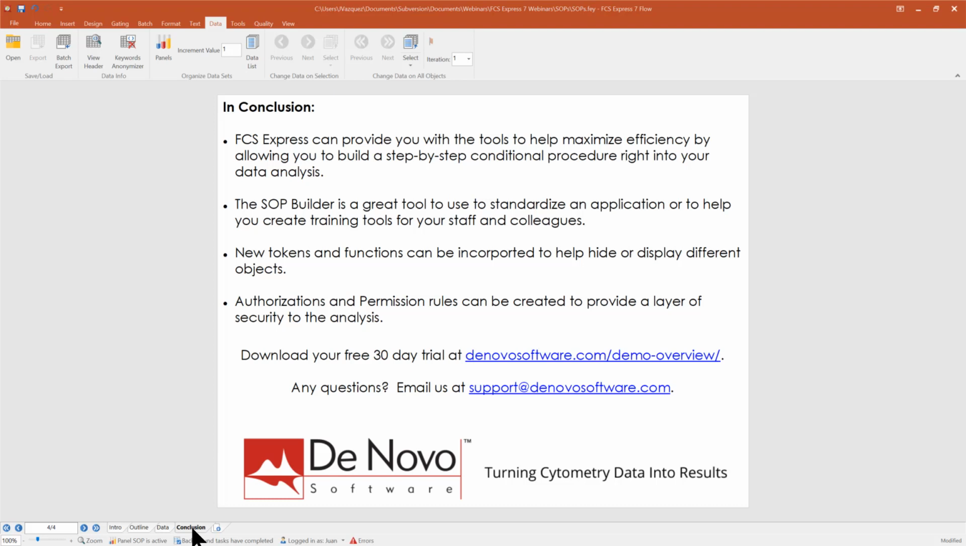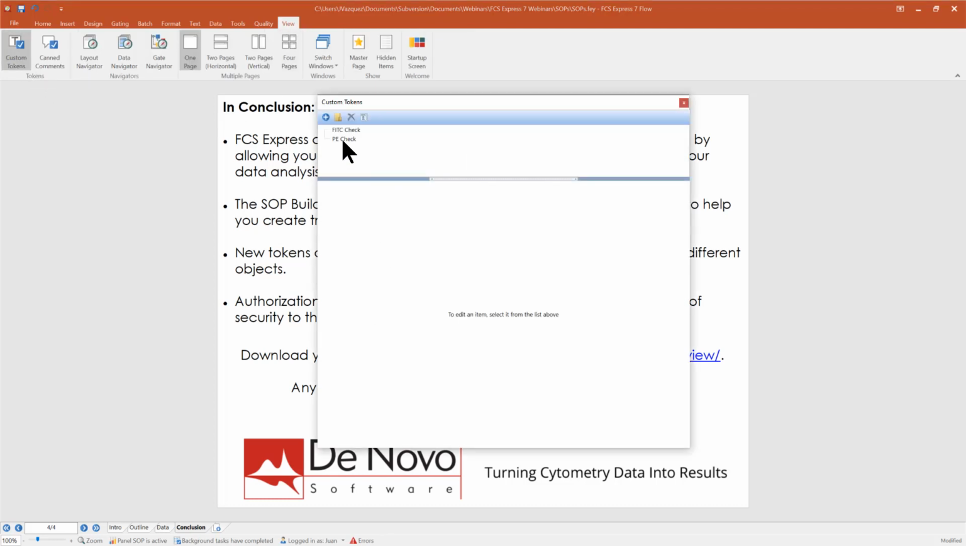So the SOP builder is a great tool to help you standardize an application. Or again, if you're trying to create some type of training tool for your staff or different colleagues, the SOP feature has a lot of tools that help you accomplish that. In FCS Express, there are new tools, tokens, and functions that can be incorporated as part of this. Aside from the new tokens that we offer, we also offer a number of custom token functions that I didn't necessarily talk about, but if we go back to our custom tokens window,